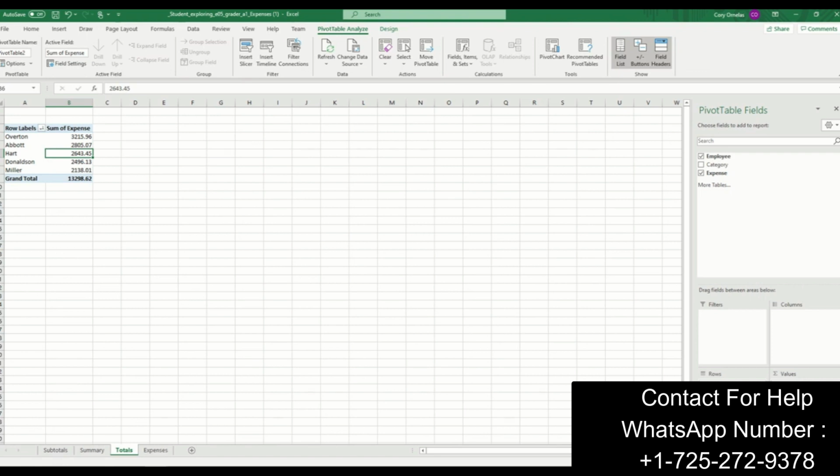So step 13 wants us to change the name for the expenses column to totals and format the field with accounting number format. So I'm going to go back over to my pivot table fields, and expenses is my values category. So I'm going to hit the